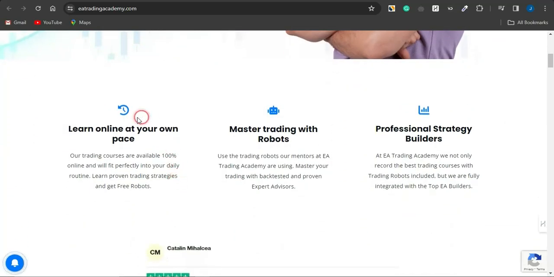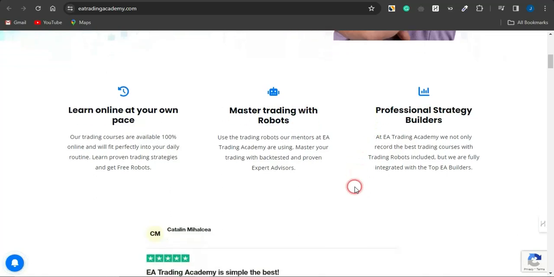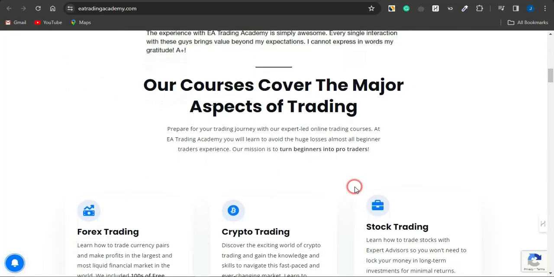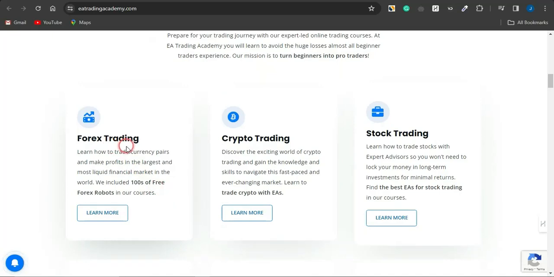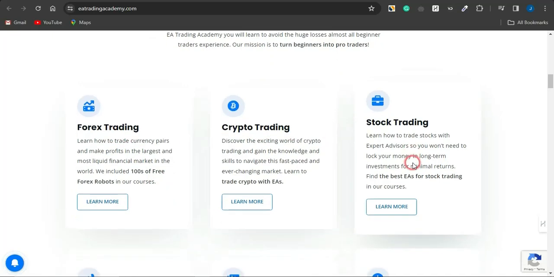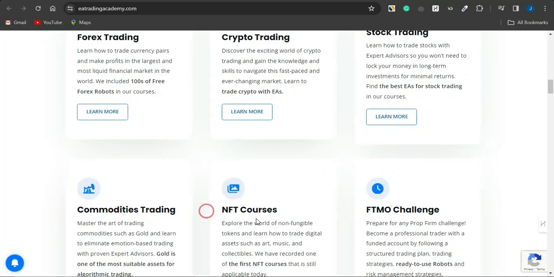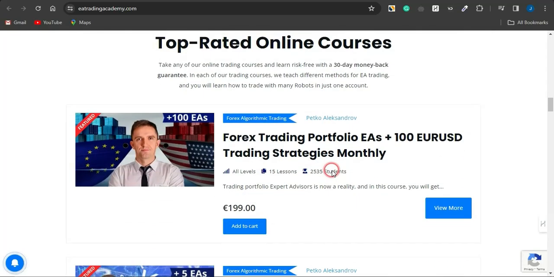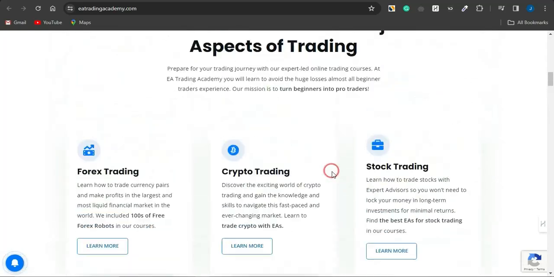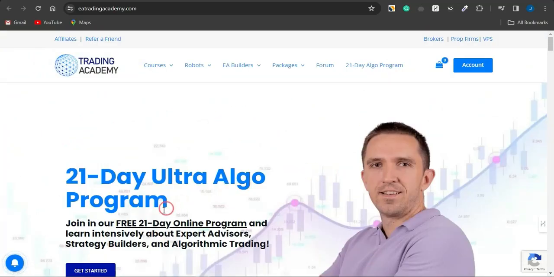It teaches you to learn online at your own pace. You can master trading with robots. You can utilize professional strategy builders right now. You can see right here that the courses cover the major aspects of trading, which involve Forex trading, crypto trading, stock trading, also commodity trading, NFT, FTMO challenges, and so on and so forth. So this is a very cool platform you could just simply leverage. And the cool thing is that you have a free